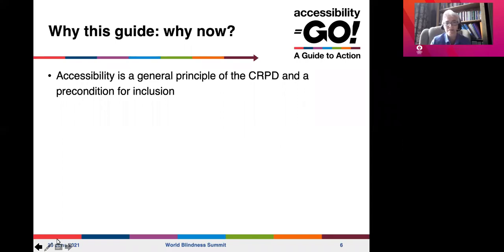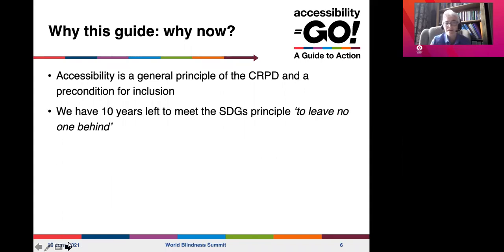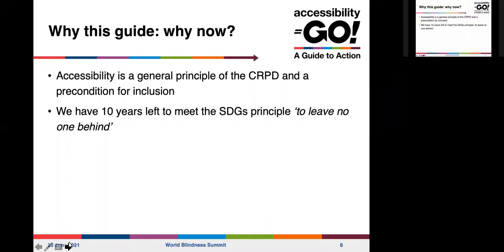So for CBM Global, we realized that we can't move forward on any aspect of our development and humanitarian work if we don't look at accessibility. And there's also an urgency around it. With 10 years left to meet the SDGs principle of leave no one behind, we really feel that it's timely, as more and more mainstream agencies realize that people with disabilities, women and men, Indigenous people with disabilities, people of all types of disabilities across the world are being left out of development. And that's really come to light in the last